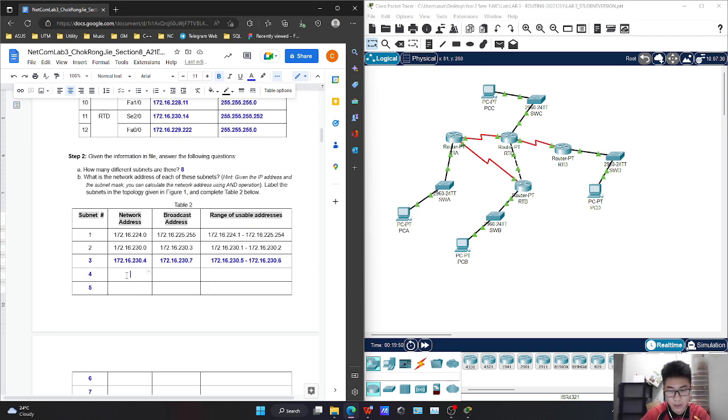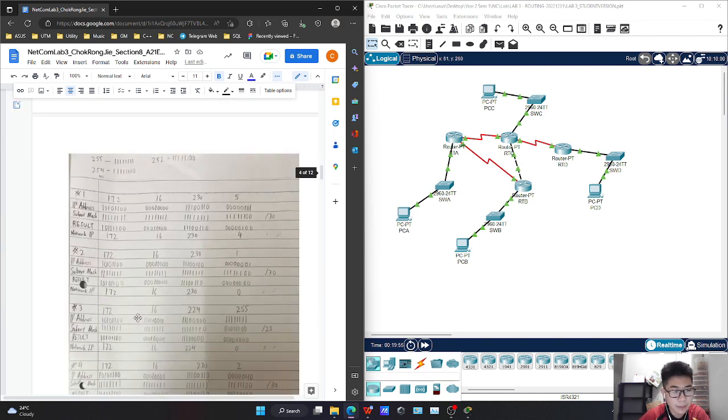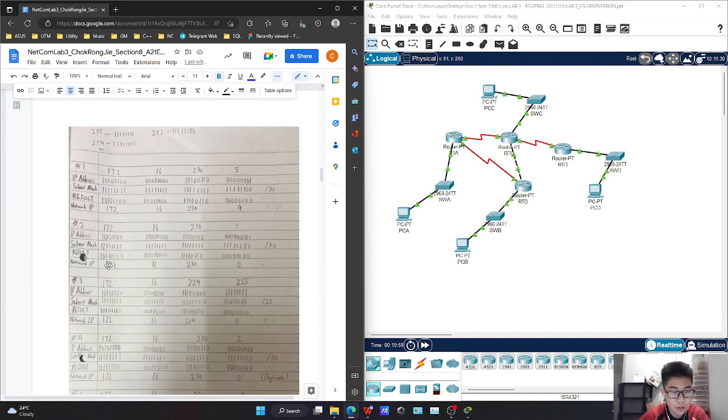So moving on to the second IP address, by using the AND operation, we can determine that the network address for the subnet, using the second IP address, is